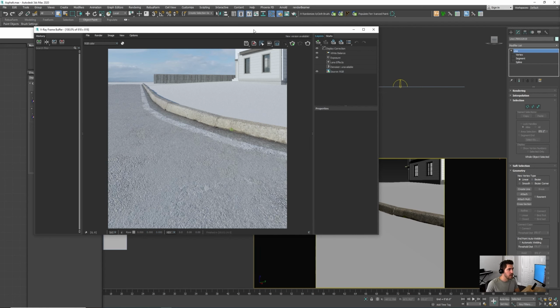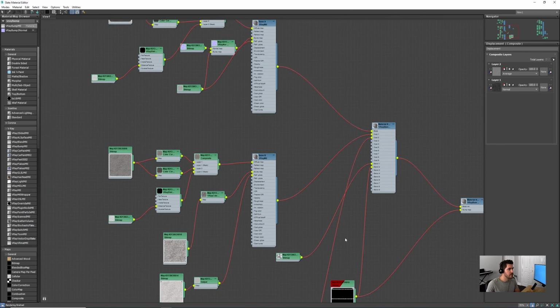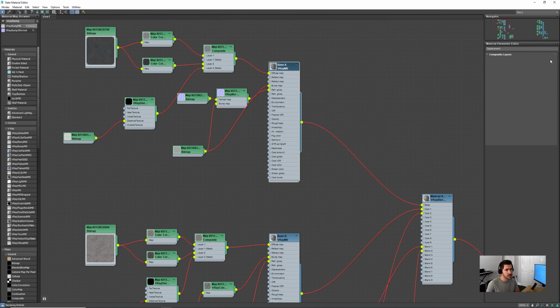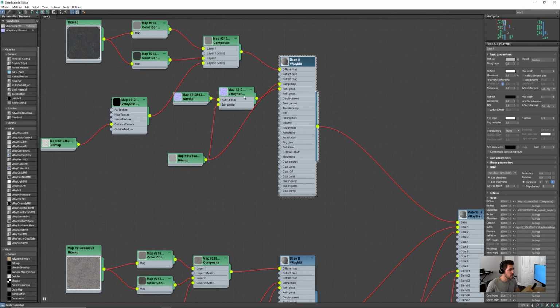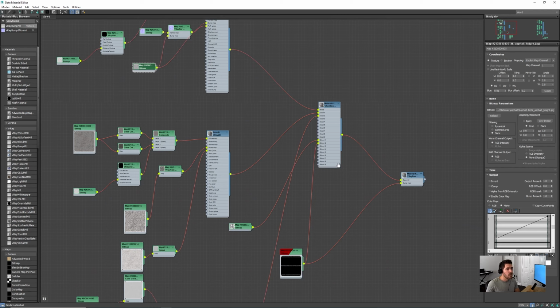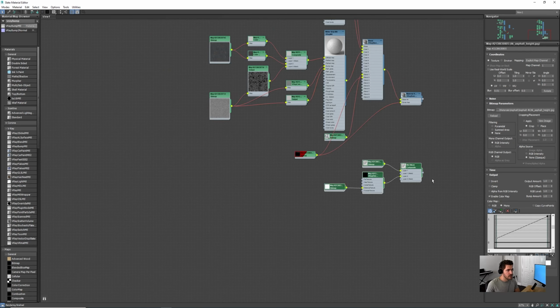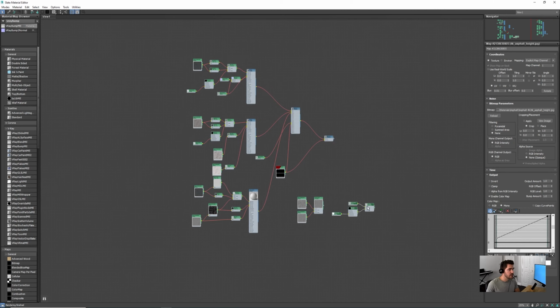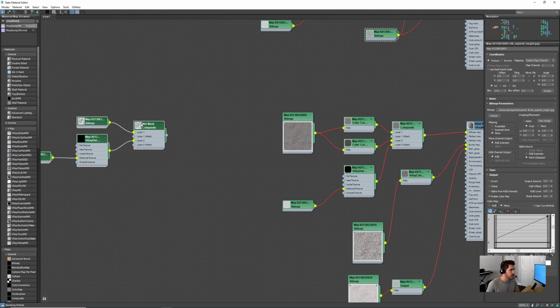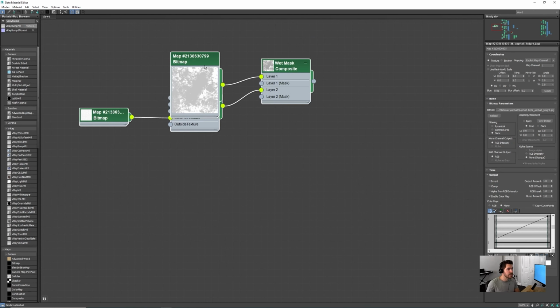Well, one way would be to just come in here and modify all these materials, go into the glossiness maps, reflection glossiness, and mess with them so that it's brighter and increase the reflection. But rather, what I'm gonna do, and I have one here done already, I've created another composite, and using the same methods that I've already described, I have a composite map here with a grunge map that kind of looks like